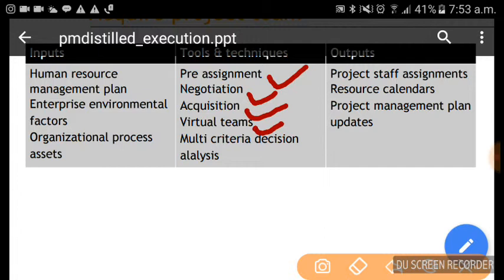Then multi-criteria decision analysis. So especially at the time of recruitment, if we want to professionally analyze these candidates, first of all, we have to decide on the weightages for their qualification, experience, joining time, for those kind of things.